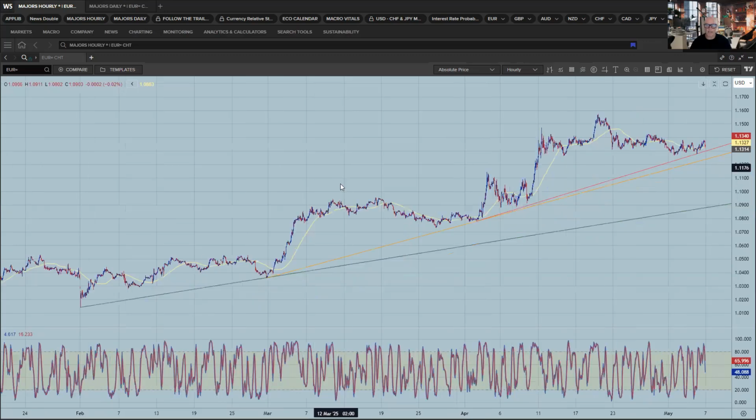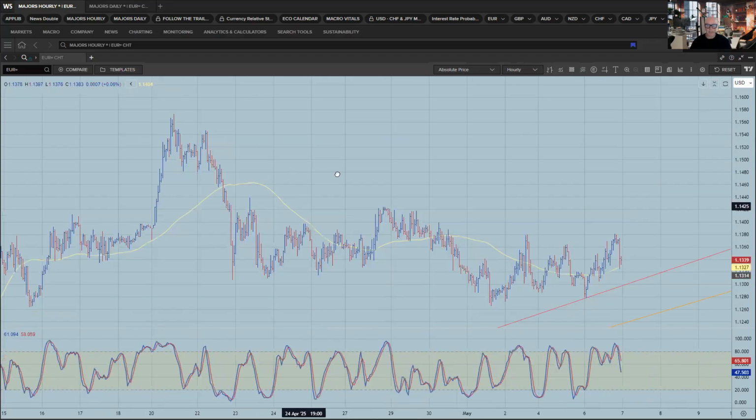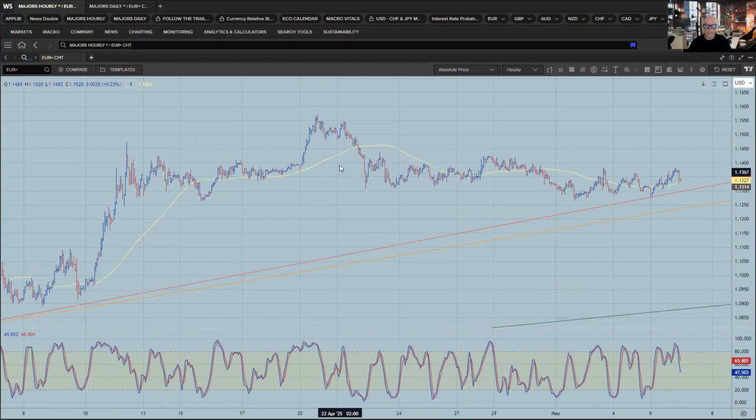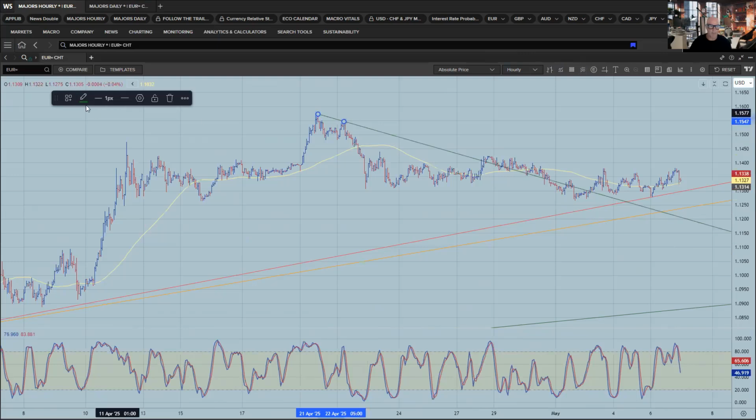So let me just widen out the screen. This is a little bit easier because we don't have too much price action from where the euro topped out. So if I just draw the trend lines in, okay, so this would be the starting point. Now let me just change that back to red. Once again, we've got the starting point, we've got the second point. We can see price action over here, three, probably four, maybe even five. And this is the life of this trend line,